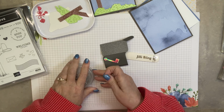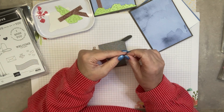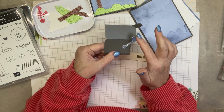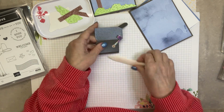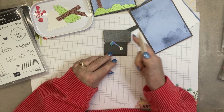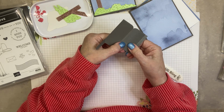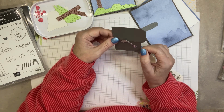So a trick with the brads is the first one, I made it really snug, really tight, but then my little flap wouldn't move. So put it in here and do it just a little bit so that it still moves. Okay, maybe a little bit snugger because that thing is going to spin all around. To make it snugger, just push that down. Maybe a little snugger, just not super snug. And then these feet, do your best to make sure that they're at least flat, maybe a little extra. And what that means is when you put the envelope in,